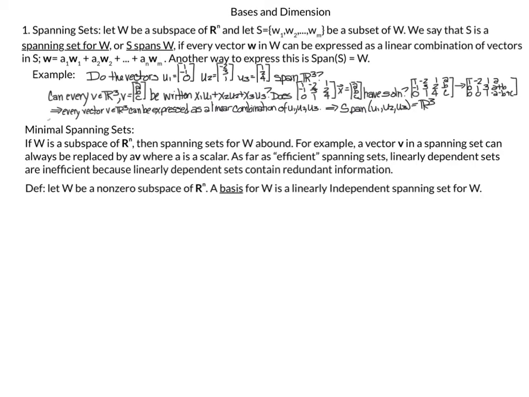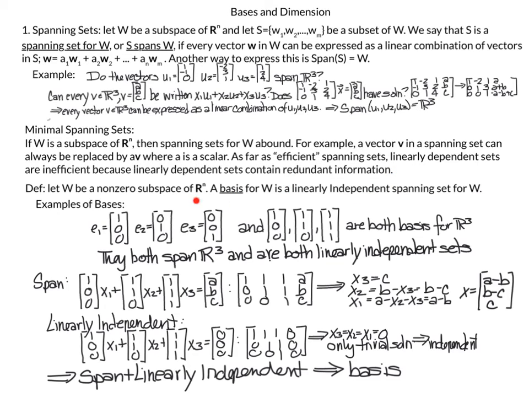And now we are ready to talk about a basis. So a basis for W is a linearly independent spanning set of W. So the 2 components of a basis are that it's linearly independent and it spans. And so the idea is that a basis is an efficient way to span the set. So we discussed how the standard basis is the obvious basis for Rn,